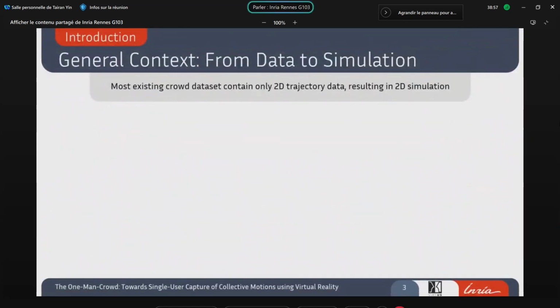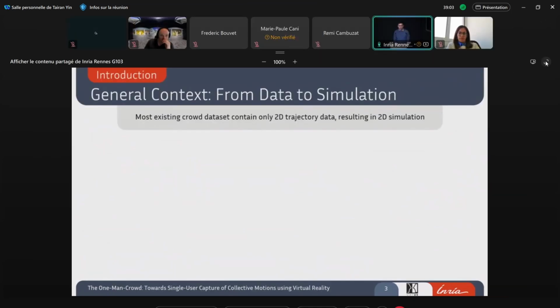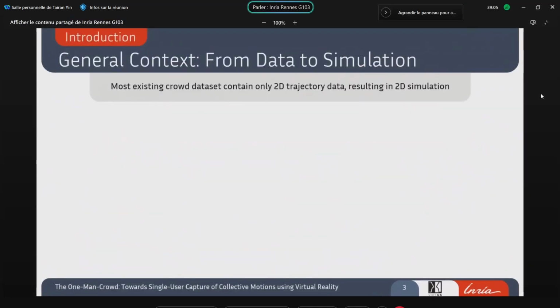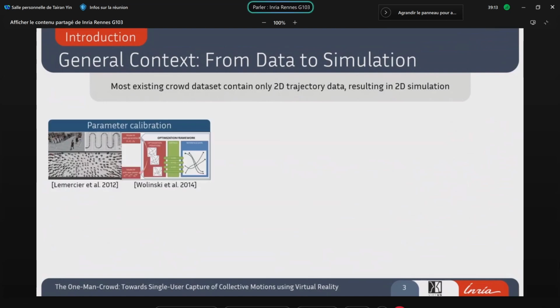Up to today, most of the existing crowd datasets only contain 2D trajectories, based on which crowd simulation approaches have been created, and we can broadly categorize three types of approach. First is the classical simulation, which uses the data of crowds to create mathematical equations and then uses the data to calibrate the parameters of the simulation.